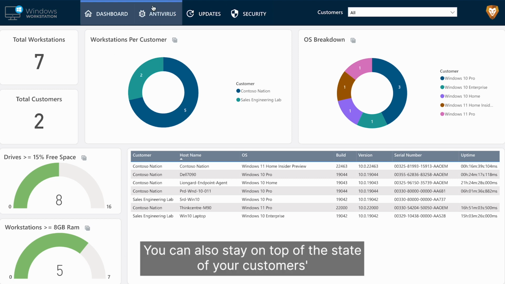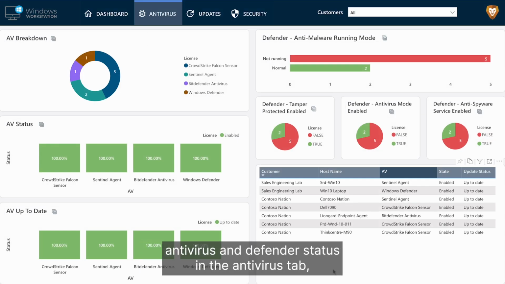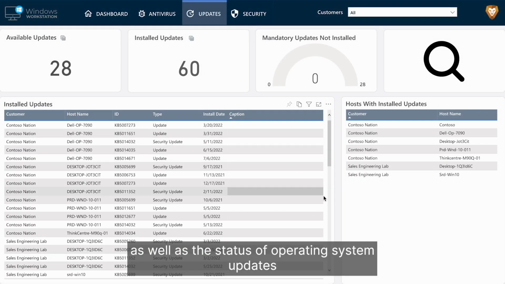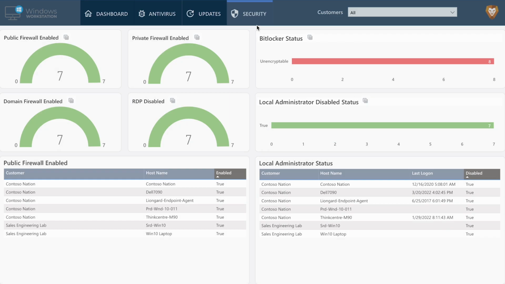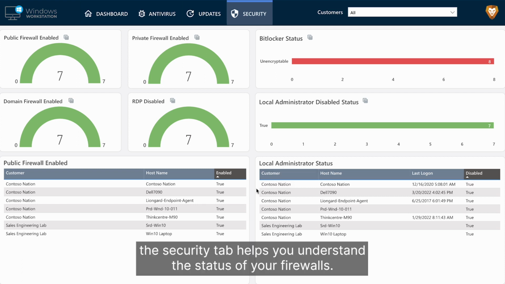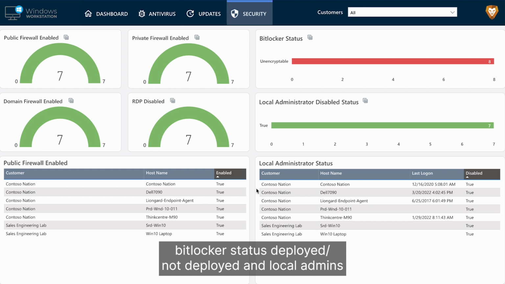You can also stay on top of the state of your customers' antivirus and Defender status in the Antivirus tab, as well as the status of operating system updates of each of your customer workstations on the Updates tab. Lastly, the Security tab helps you understand the status of your firewalls, BitLocker status deployed, not deployed, and local admins